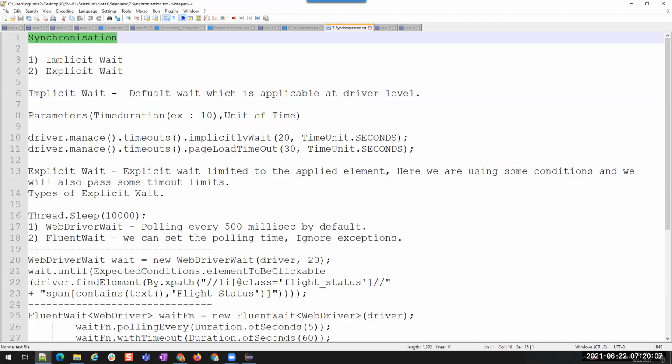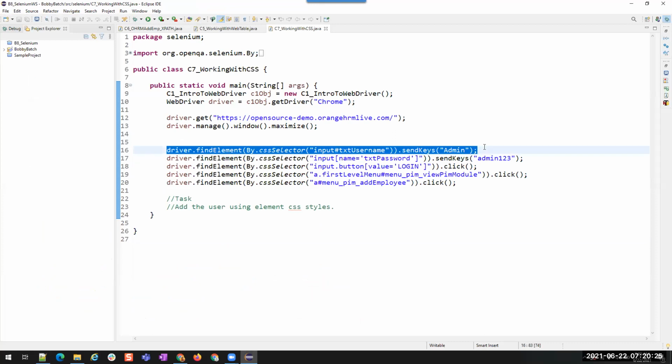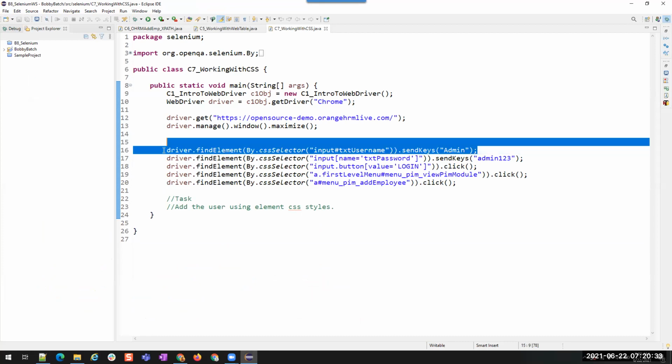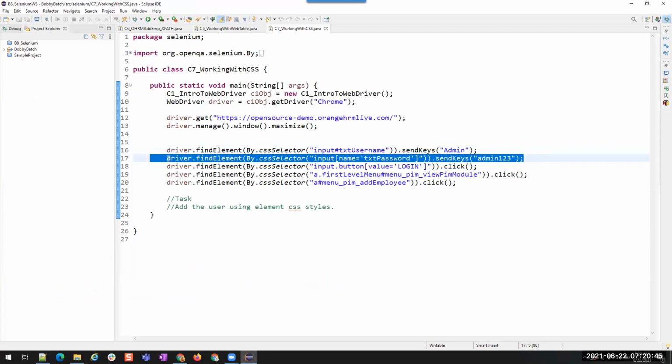is used to make your Java code, your Selenium code, run in sync with the application. What generally happens is that when you run this program, it sends instructions to your browser to perform an operation, and this is synchronous. It will complete this operation and then go to the next one. Without completing this operation, it will never go to the second operation. I mean, without entering the username, it will not go to the password.